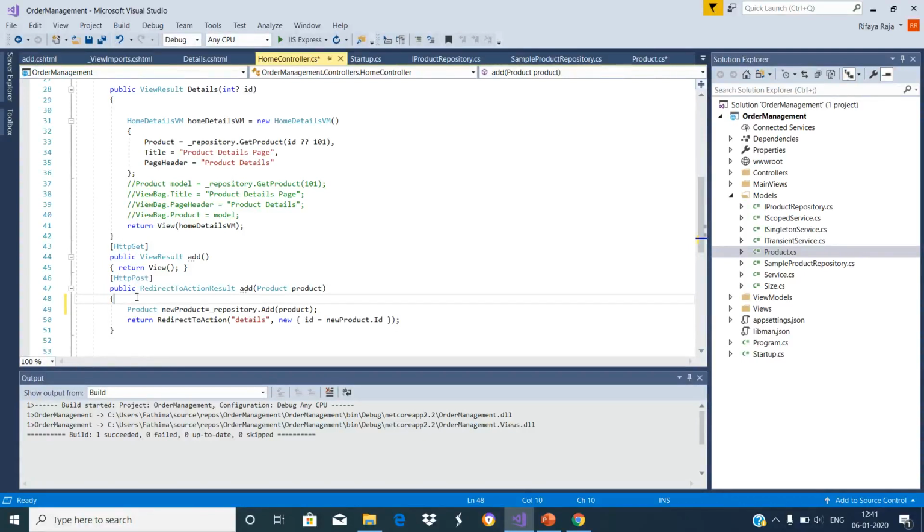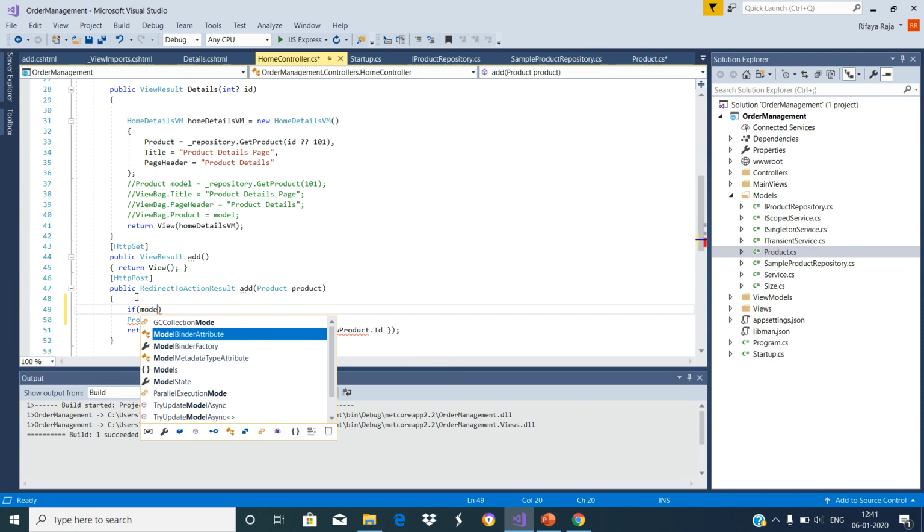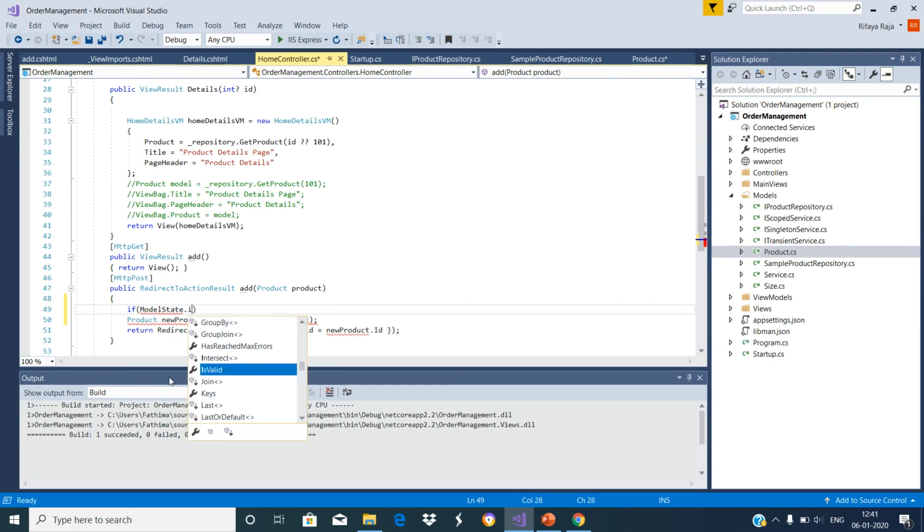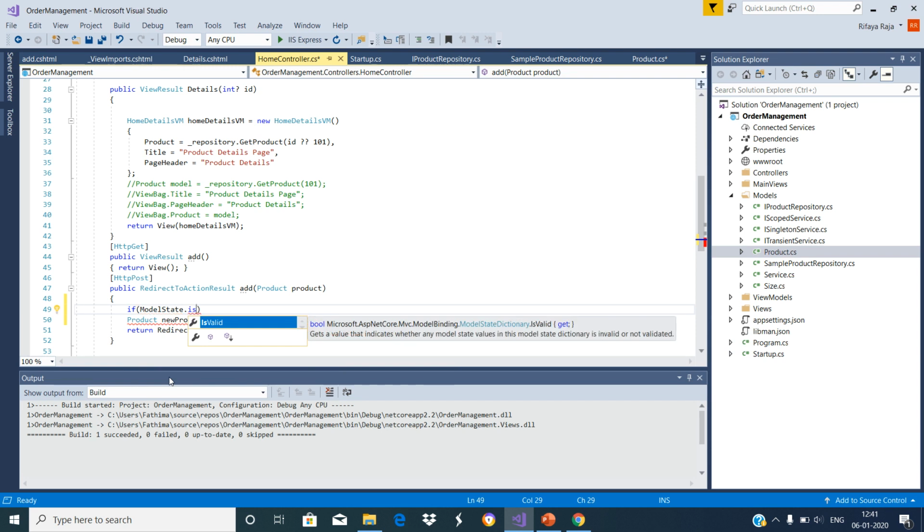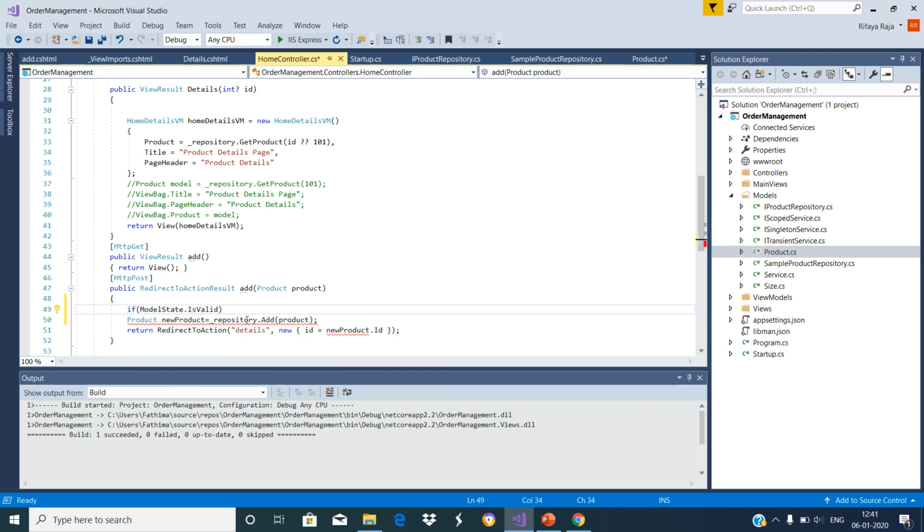To do so, we need to use the ModelState.IsValid property to check whether the validation has failed or succeeded.